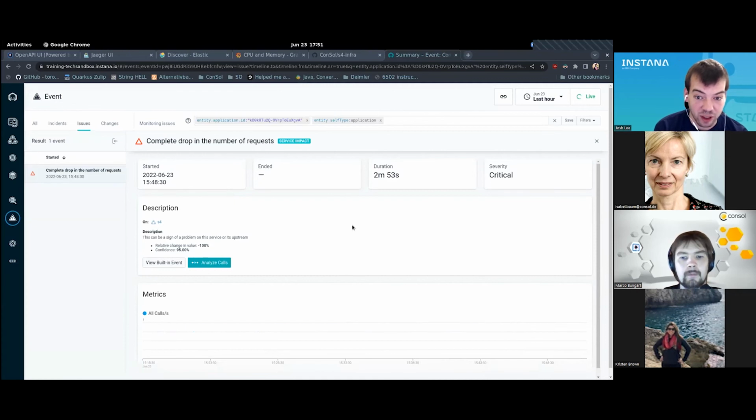We never configured any alerts in this Instana application, but it noticed, probably much sooner because I was busy answering questions, that the call volume to one of our services has dropped down to almost 0. And it's alerted us to that. This is a service level impact. So before we even had to debug this, Instana has already told us what the issue is.